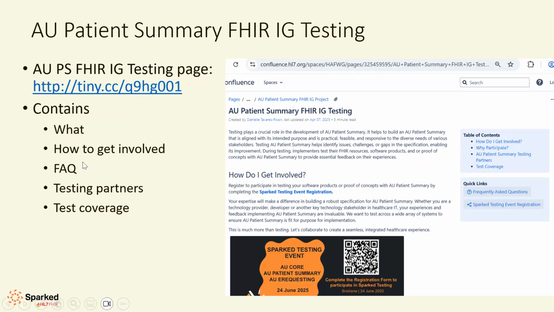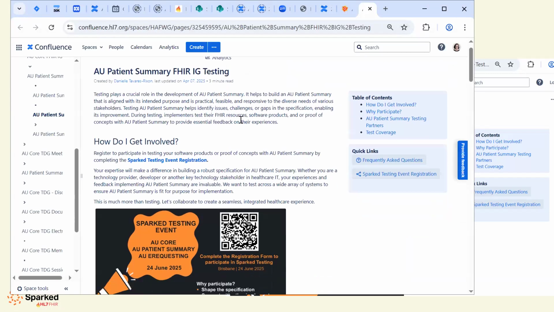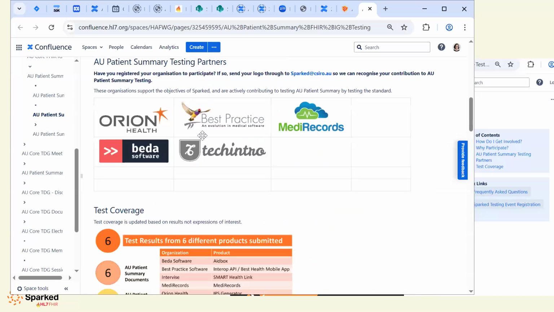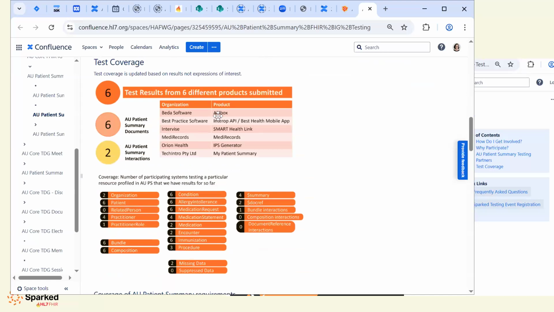And there's a bit of an FAQ and how to get involved. So if I go to this page, there are a few things that I just want to call out. So here it is. We'll talk about the event in a moment, and we've got our testing partners. So this will always be kept up to date.